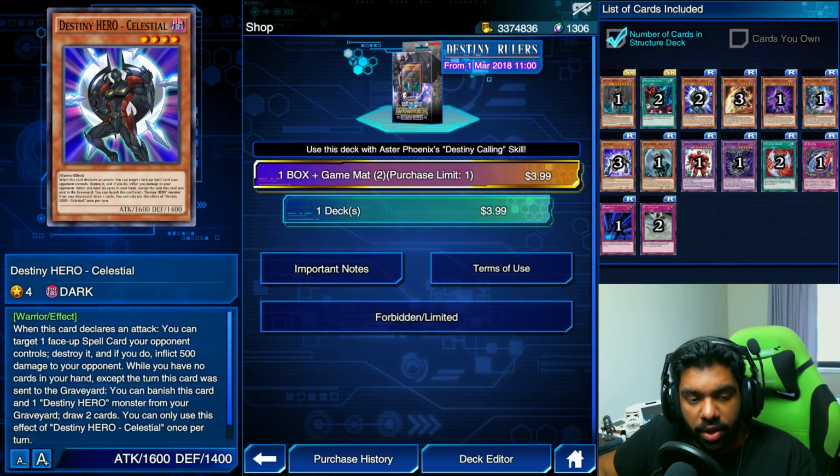While you have no cards in your hand except the turn this card was sent to the graveyard, you can banish this card and one Destiny Hero monster from your graveyard and draw 2 cards. You can only use the effect of Celestial once per turn, so a very, very powerful effect. When you're down on resources, or you're able to set your entire hand, you can then draw 2 more cards by banishing 2 of your Destiny Heroes, which I think is a very, very powerful effect,